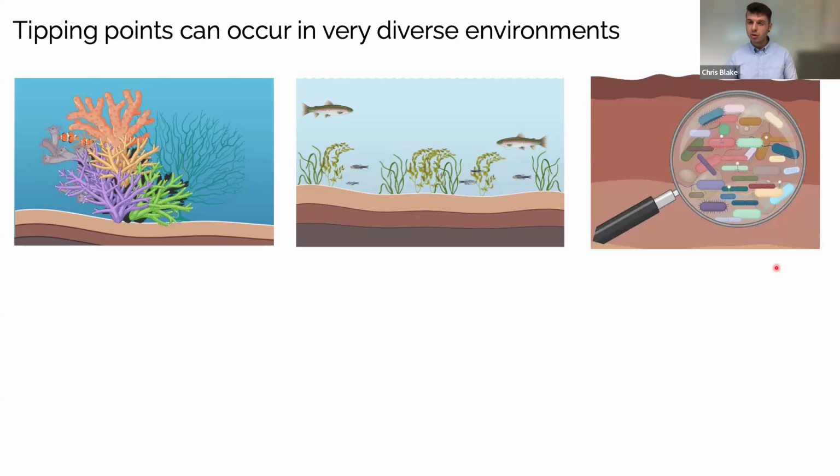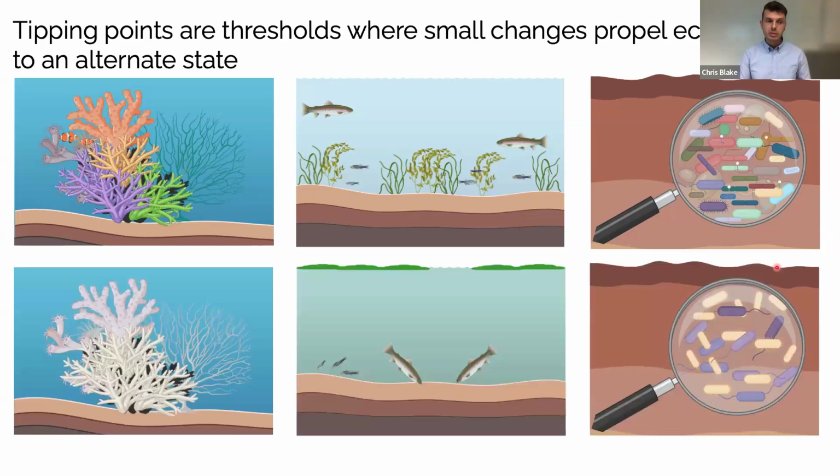And basically, it's always the same. Tipping points are this critical threshold where even a small change in the environment can lead to a rapid shift in the state of our ecosystem, often changing the community composition, its functionality, and leading to a loss of biodiversity. Now, I would like to use the example of the lake ecosystem to walk you through in more detail what the key ingredients of a tipping point are, because I think it's maybe the most relatable of these examples, but it applies to all the others as well.